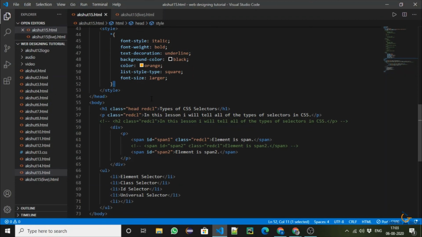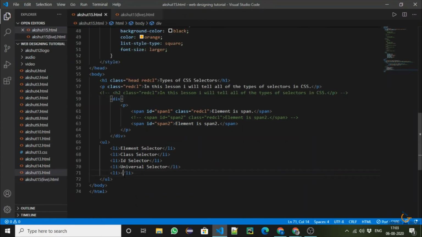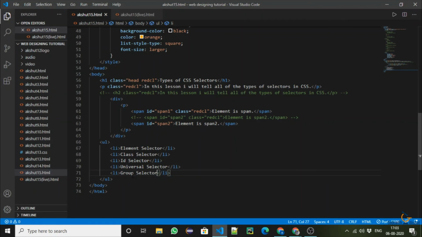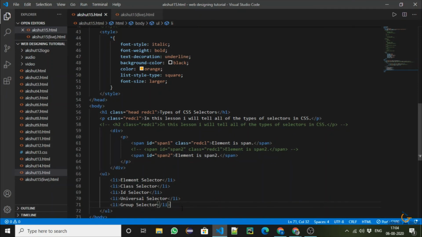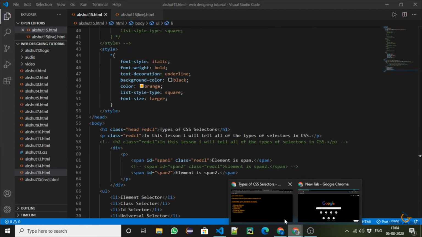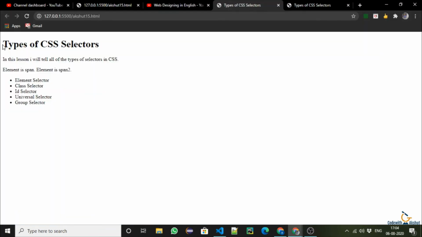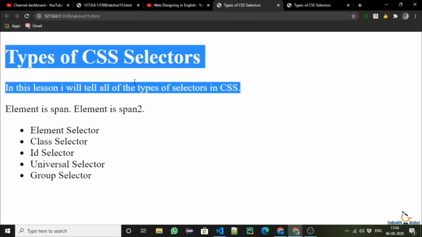Universal selector. Now I am going to the group selector. The group selector is another type of selector, which is the last selector we are going to discuss. In the group selector, first let me tell you the analogy of it. I will comment this whole part. Like this is the whole plane now. If you want a style to be applied on these both without using a class or without using a single element and then coding for it, you can use this group selector.